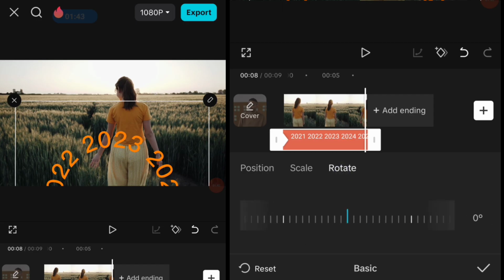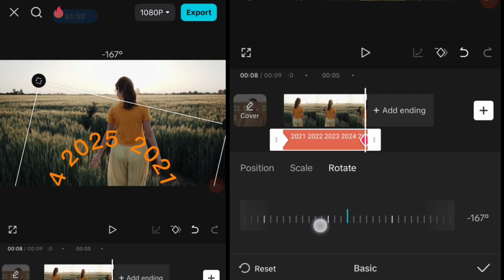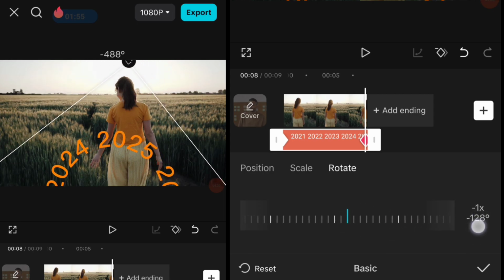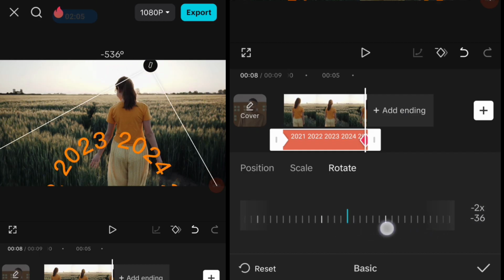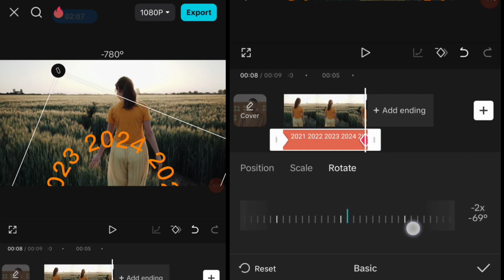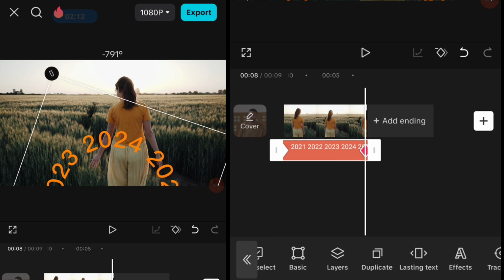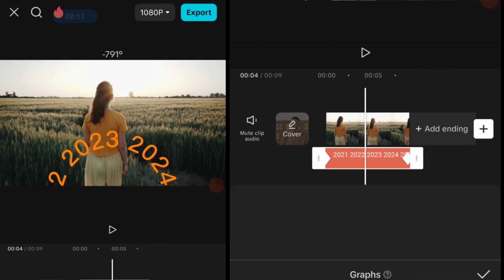Go to rotate in basic and rotate your text maybe like 2 times, like this. As you can see, there will be a guide showing how many times we rotate the text. So it's 1 time and 1 more time onto the side, and I'm going to set it on this 2024. Okay, hit the check button when you're done,